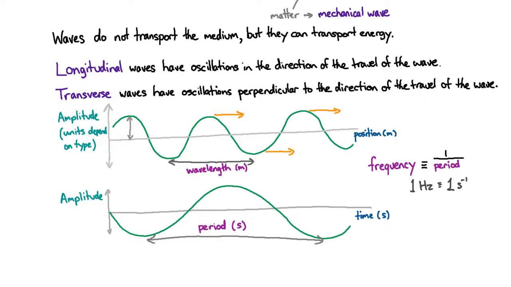We know that a given point of the wave travels one wavelength in the period. And that means we know how far it's traveling and we know how long it takes, and therefore we get the speed just by dividing the distance by the time. So the speed of the wave is equal to the distance, the wavelength, usually written by lambda, divided by the period, usually written by capital T. And because 1 on the period is the frequency, you can also write that as the frequency times lambda.